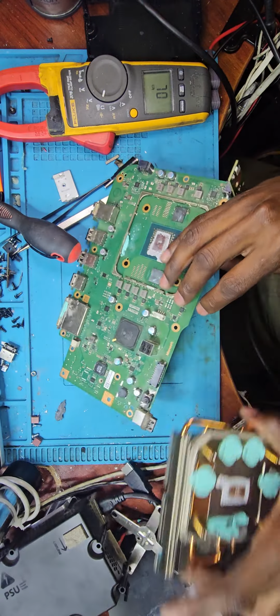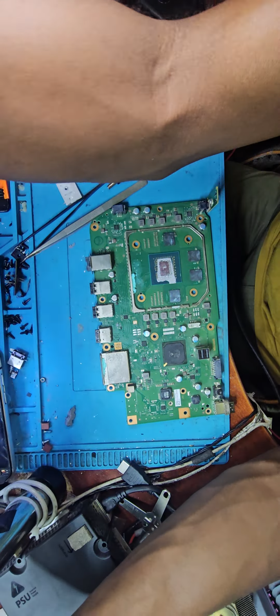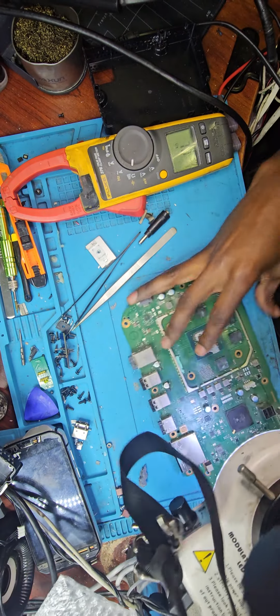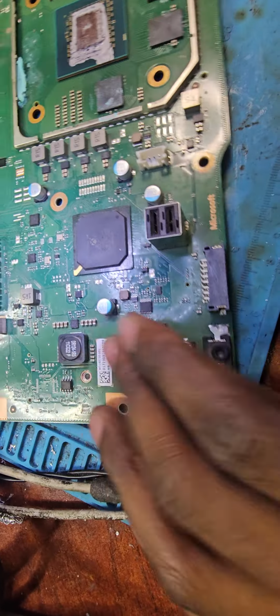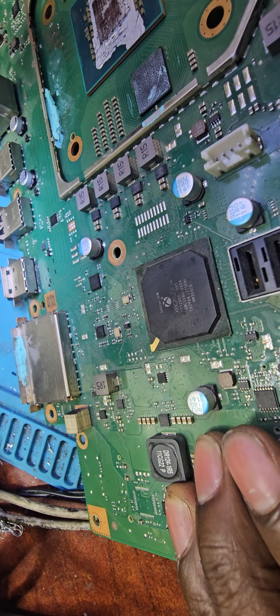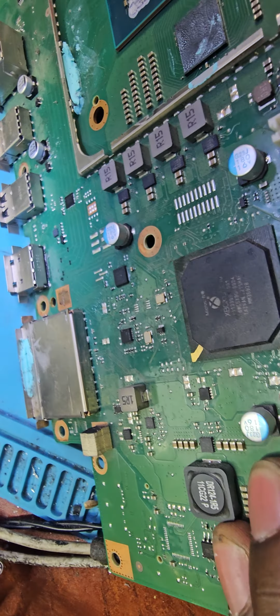I think I will worry less about the camera and focus more on what I see, which means I will use more of the microscope and less of the phone, because I cannot see at all. Okay, let me use the tweezer and then I'll try to